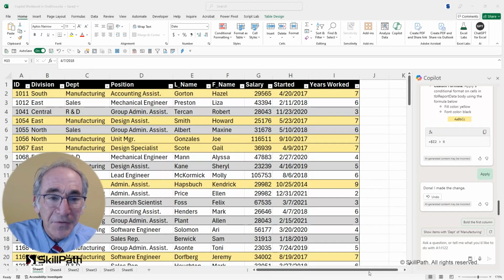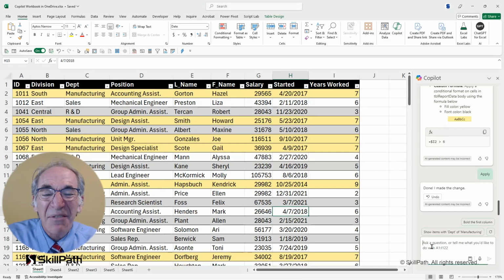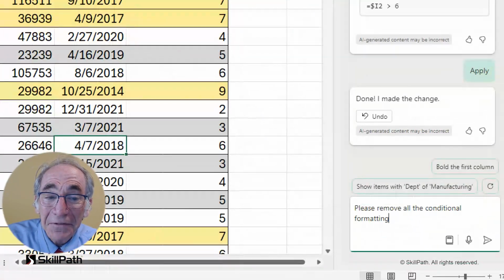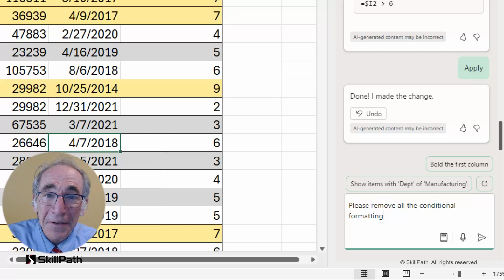If after you've done that, you say, well, now I want to get rid of all that conditional formatting. Okay, so far, I have never touched the ribbon except for pressing the button that says Copilot. That's it. And opened up this companion pane on the right side of the screen that is available with Copilot Pro, $20 a month, or Copilot for Microsoft 365.